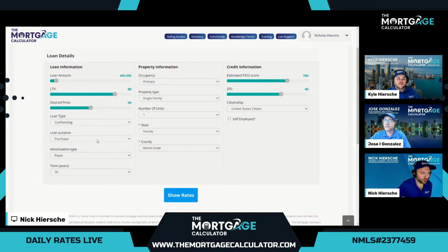So we'll start today with conforming conventional. We'll do a purchase, 30-year fix for all our demos, primary occupancy, single family home, 1 unit, state of Florida, county of Miami-Dade. And for all the demos, we use an estimated FICO of 760 and an estimated debt-to-income ratio of 40%. So with these basic settings, as we do every morning, let's check out the